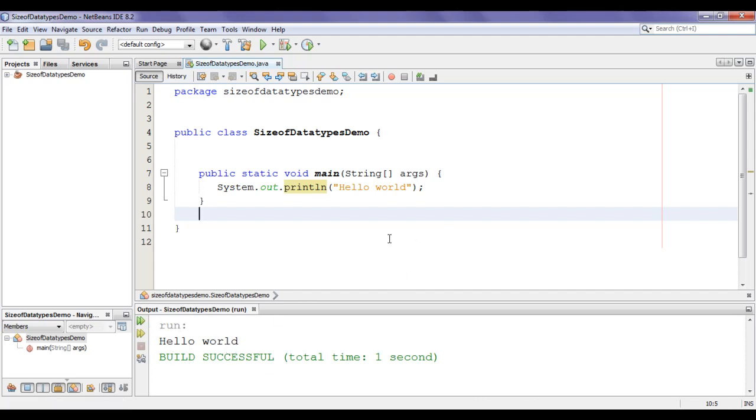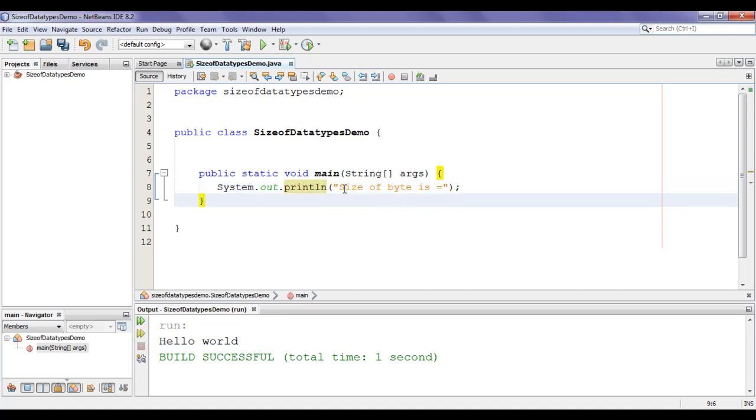As we want to find and display size of each primitive data type, instead of saying hello world, I say size of byte is equals to. This time, system.out.println displays size of byte is equal to. I say run project.